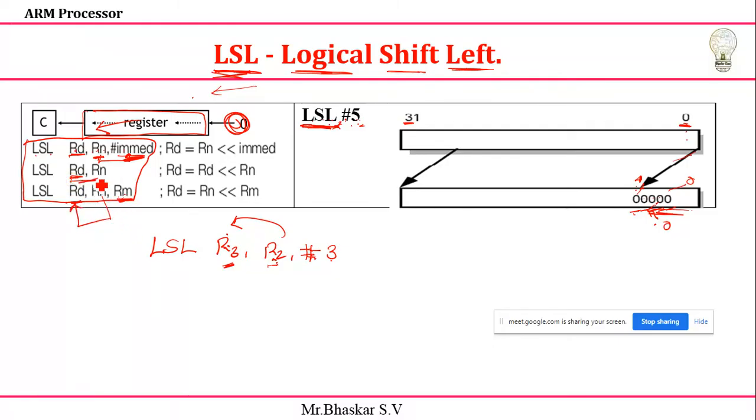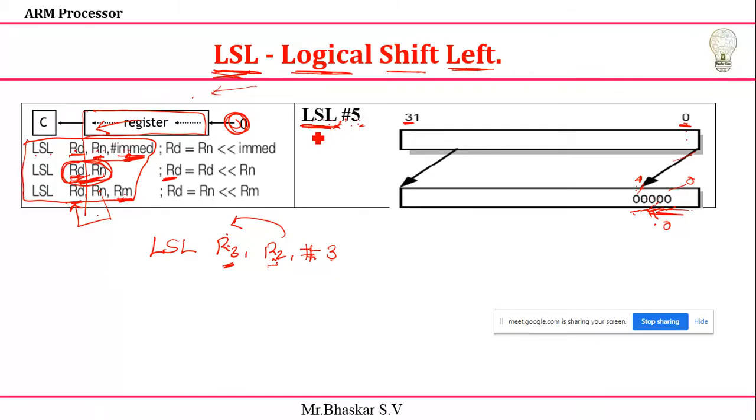And in this case, you can see we are going to use only two registers. If you use only two registers, this acts as a source as well as a destination. So RD value shift left of RN value, depending upon the RN value, and the result will be stored in my RD only. Okay, so this is a logical shift operation. Three ways you can write it. Remember, RD is my destination part. The RN value will be shifted based on the given value, and the result will be stored in my destination register.